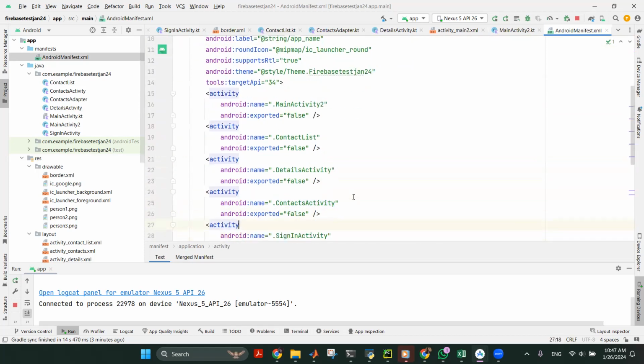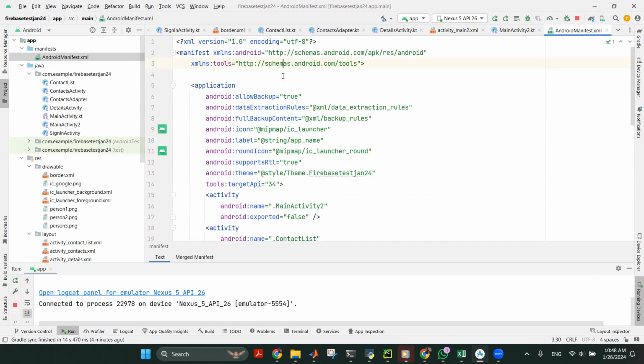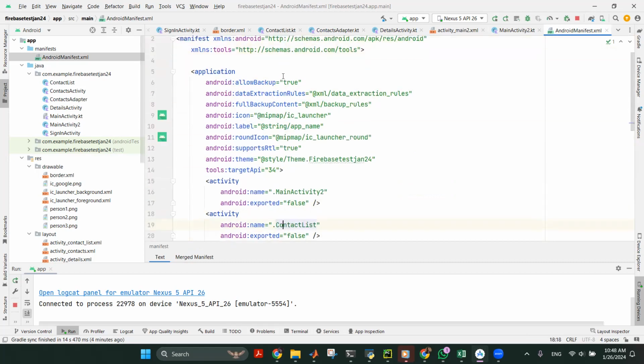Also, you can define in here the launch activity, or the activity that launches the app. So in our case, we are going to launch the app after doing sign in activity. So the first launching activity will be the sign in activity. So once you sign in, you will get these other activities, and other types of activities are available in the